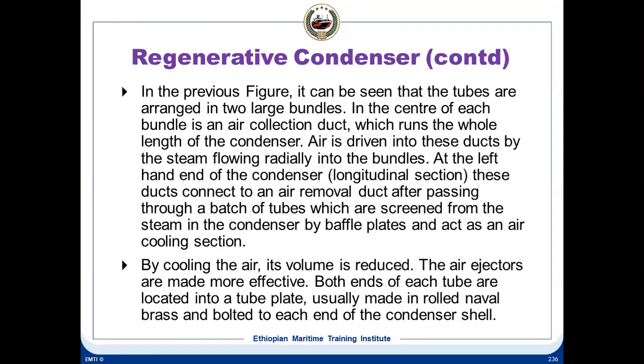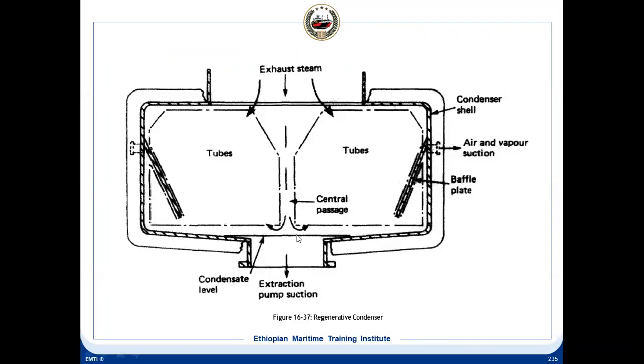In the figure, it can be seen that the tubes are arranged in two large bundles. In the center of each bundle is an air collection duct, which runs the whole length of the condenser. And air is driven into these ducts by steam flowing rapidly in bundles. So you have the air collection duct, and air is driven into these ducts at the left hand end of the condenser. These ducts are connected to an air removal duct. It's not left, it's left and right actually. So on both sides you have these air collection ducts, from which air is drawn out by a